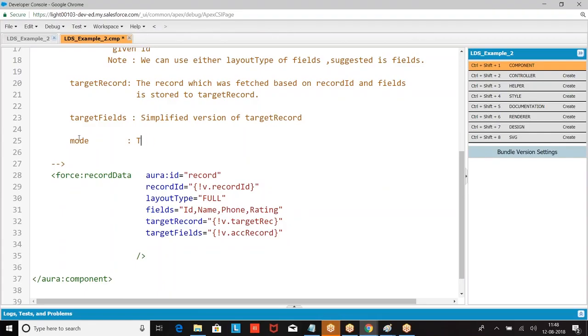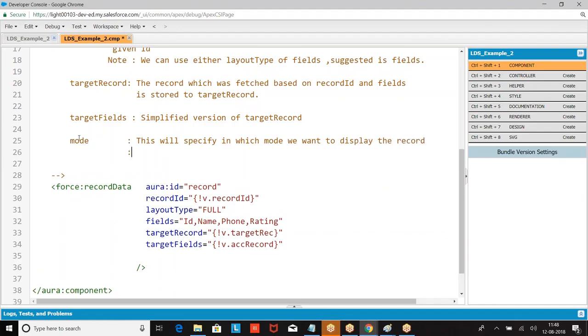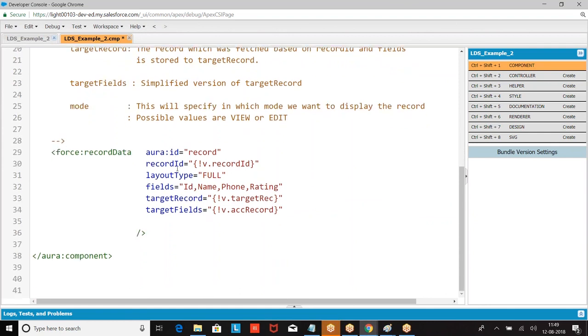This will specify in which mode we want to refer. Possible values are VIEW and EDIT, in caps. Default is view.